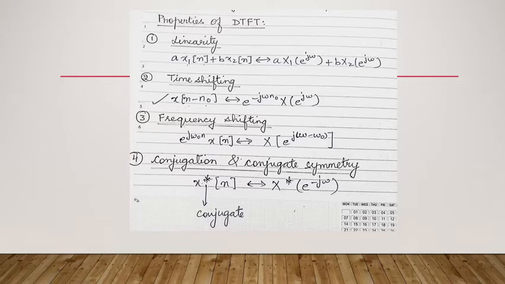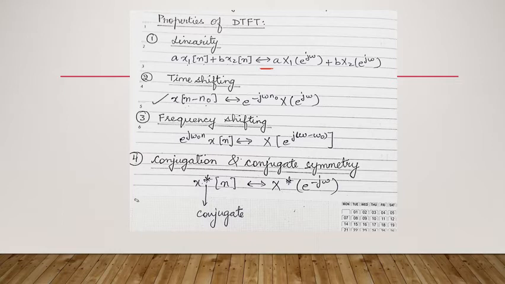Now, what does this particular arrow stand for? It means that we are taking the DTFT or transform of the signal given on the left hand side. If I take the transform, that would be equal to small a into X1 e to the power j omega plus small b X2 e raised to the power j omega. Here capital X1 is representing the DTFT of x1 of n and capital X2 is representing the DTFT of x2 of n. Individually they will be multiplied and added. So this is the linearity property.